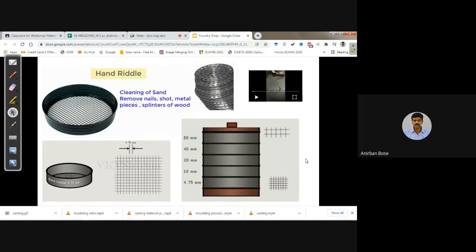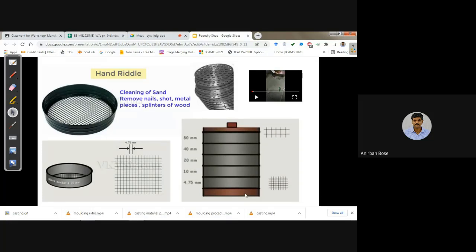And sometimes, you can see the arrangement here, the larger mesh size, and gradually the mesh size is decreasing, and finally the 4.75 millimeter is a fine mesh sieve which is used. The whole thing is kept on a vibrator, and some sand is poured at the top, and gradually it is passed through this, and finally the fine sand is found at the bottom.